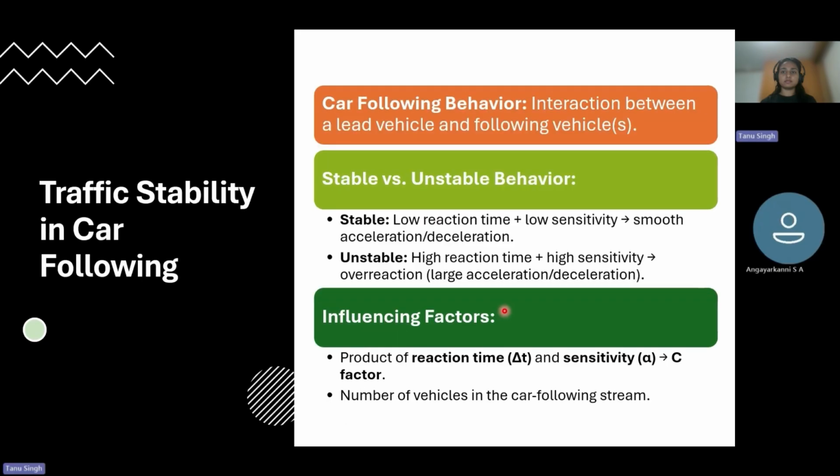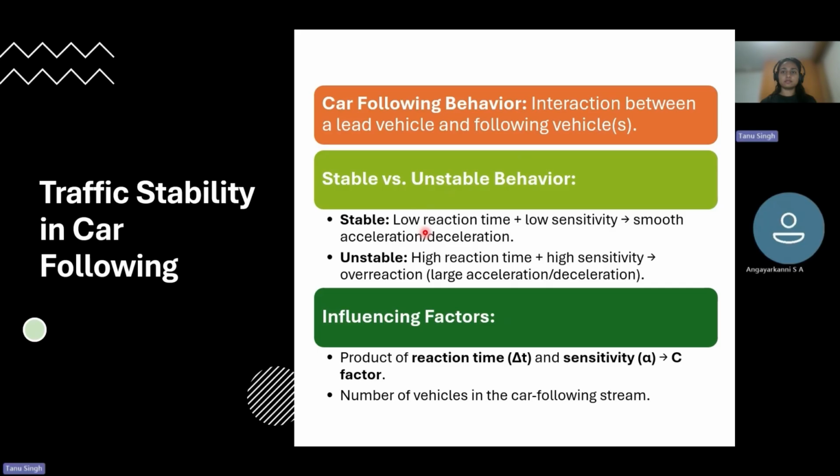Now coming to traffic stability in car following. As we have discussed, the car following model is all about a vehicle reacting to the vehicle in front of it. The behavior of the following vehicle is crucial for the overall traffic stability. We categorize behaviors as either stable or unstable. In stable conditions,